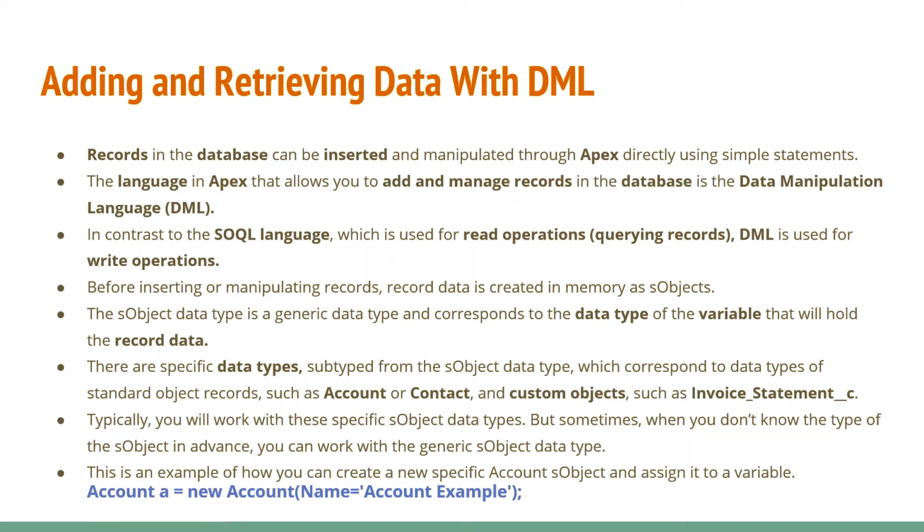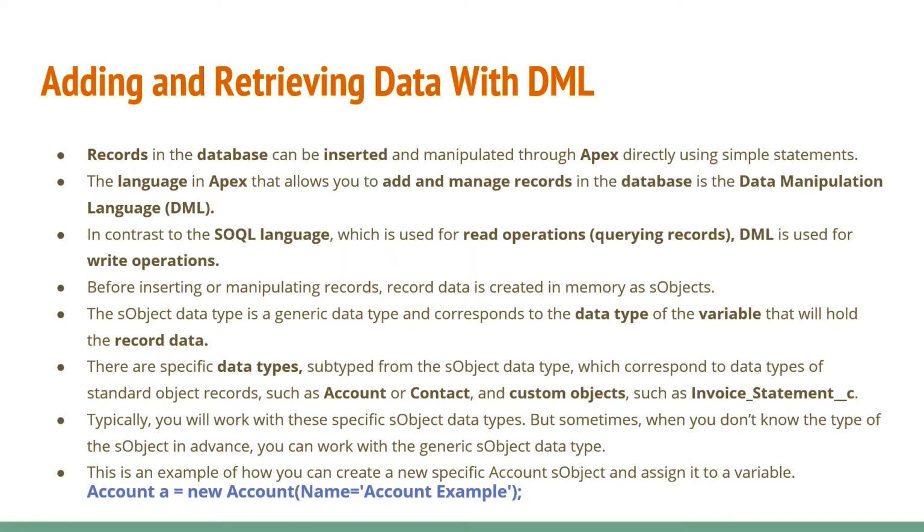If you don't know from where we want to get data, or how we have to implement that particular business logic, or whether we can implement it on this object or not, then you can store everything from a particular sObject into a generic sObject, and later on you can do your business logic according to your business need. This is an example of how you can create a new specific account sObject and assign it to